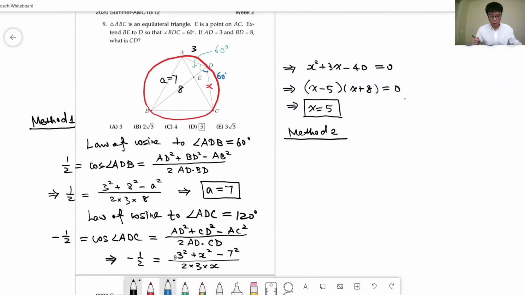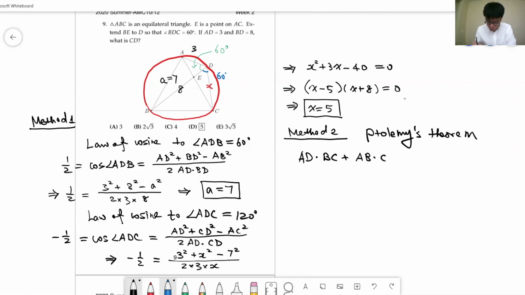Then to find the length of CD, we can use another approach, based on the Ptolemy theorem. Because A, B, C, D are cyclic, on the same circle, we have the Ptolemy theorem. That means AD times BC plus